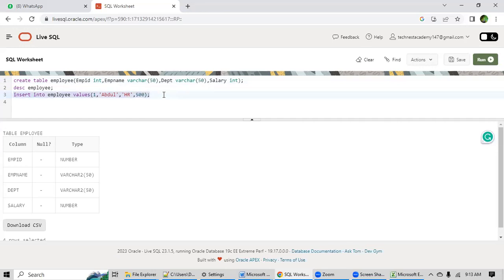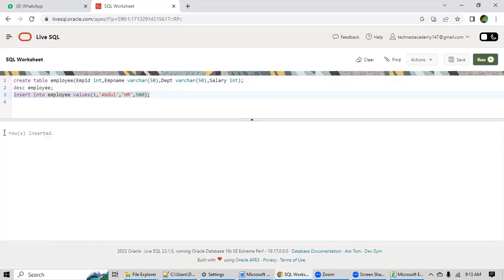Okay. So now again, select this, click on the run button. Now the engine is telling one row or one record is inserted. It means the SQL engine is telling that Tanvir, I have inserted this record in this employee table. Hope it is clear. Okay. Now you must be thinking that, okay, Tanvir, can you show me where this data is saved or stored? So whenever you want to verify the data, where it has been saved or stored,